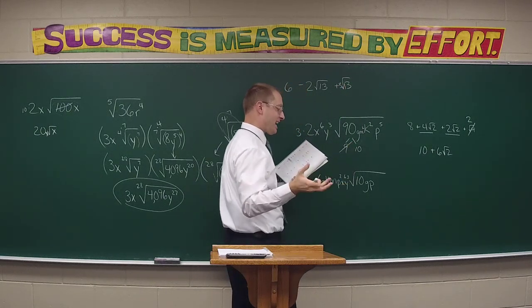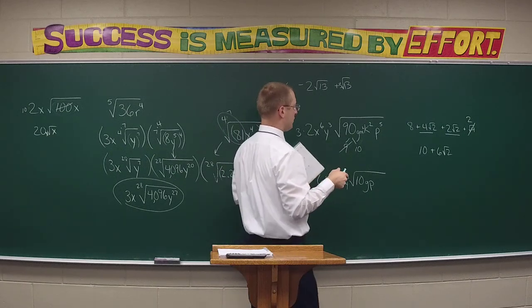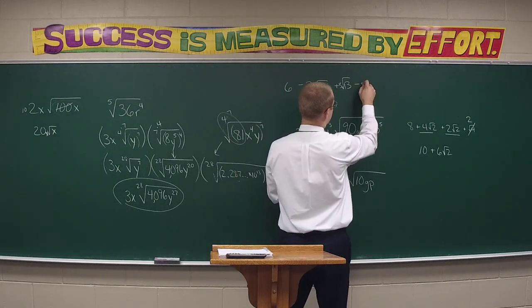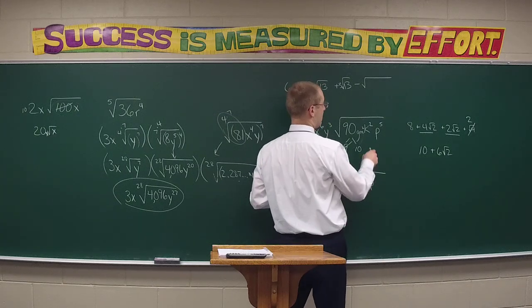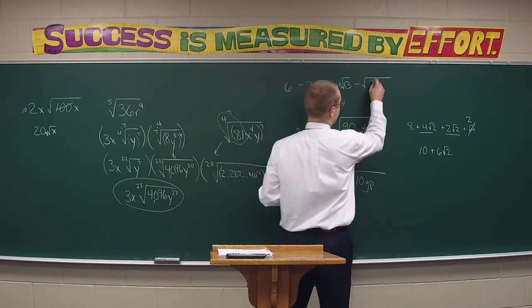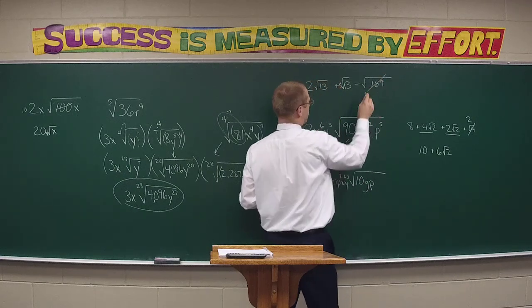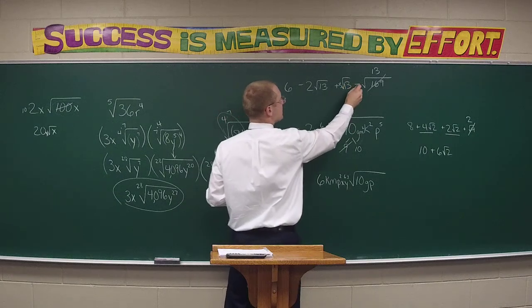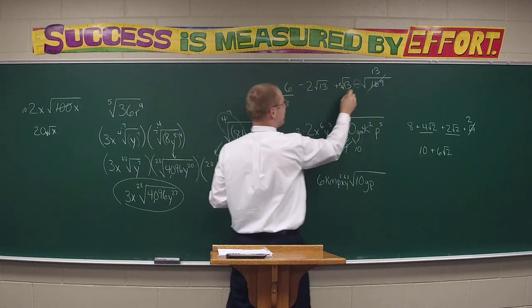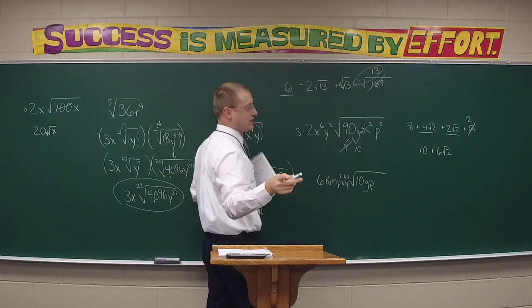And the last initially is going to give you negative square root of 13. Well, 13 times 13 will be the square root of 169, but that is, of course, just 13. Now, careful here, because of the signs being different, it is a negative. So 6 and negative 13 doesn't give me 19, but rather